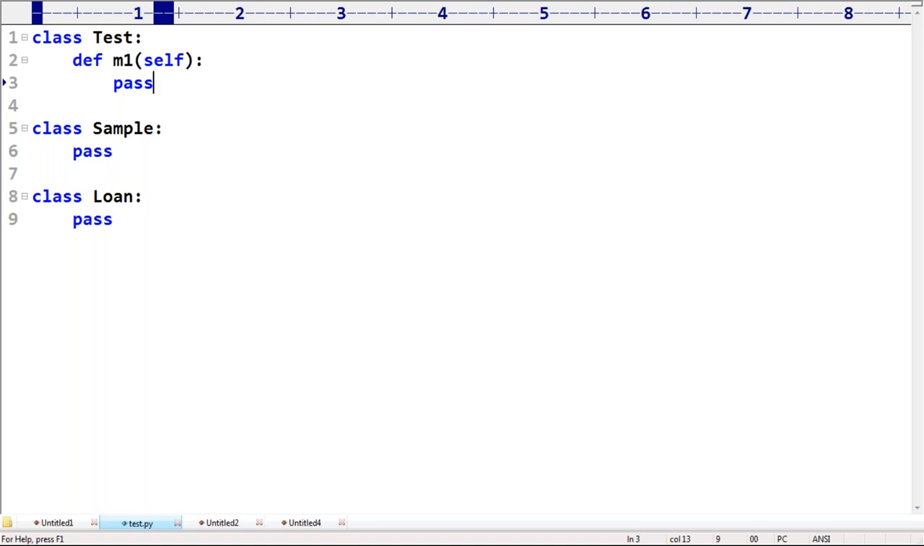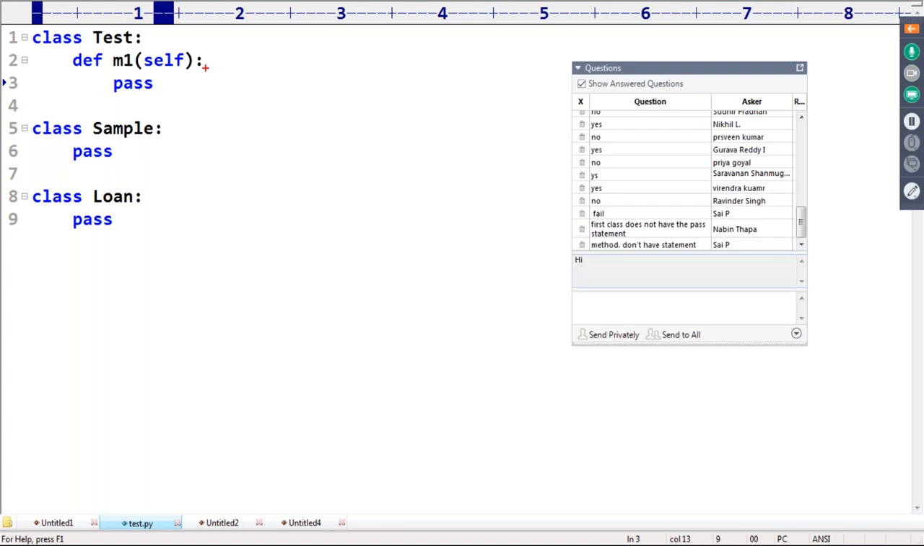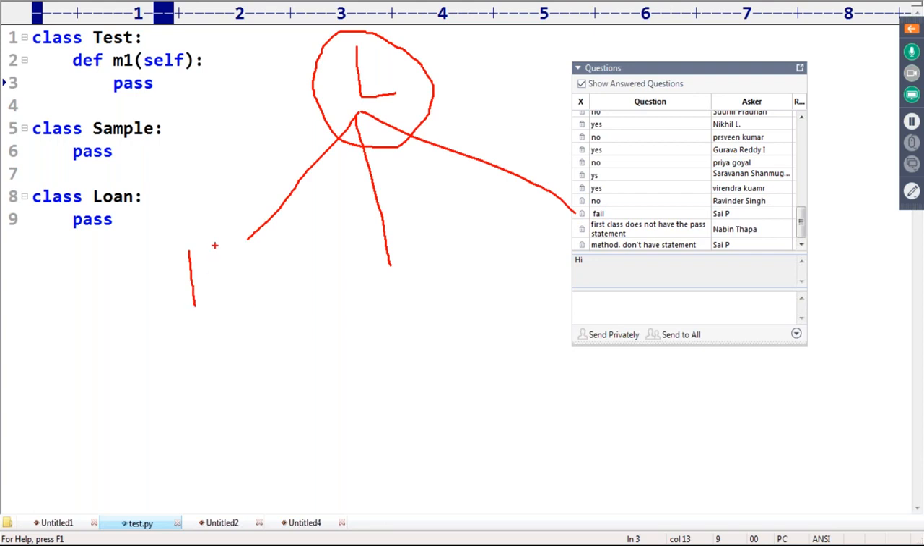Just observe that. Assume there is a loan class. There are three types of loans available: home loan, vehicle loan, and personal loan. How many types of loans are available? Three types of loans are available, right? Sir, now my requirement is